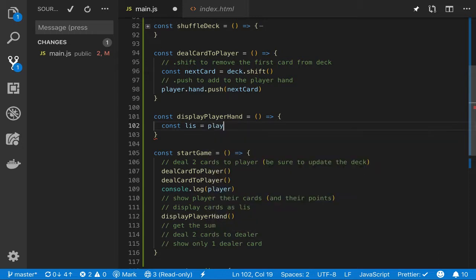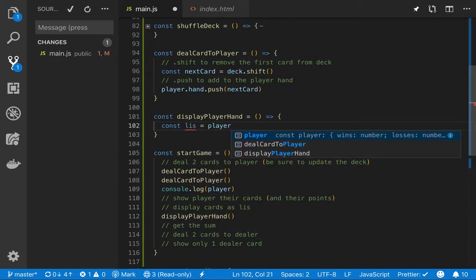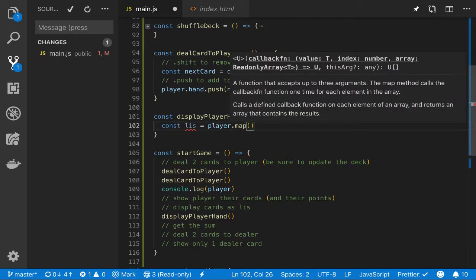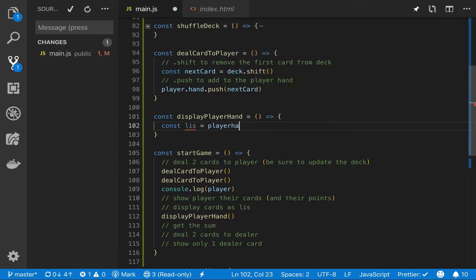I'm going to use one of our new tools, map, for this because I want to take all the cards inside of my player hand and convert every one of those items to a list item. So I'm taking it from an object to a list item. player.hand.map